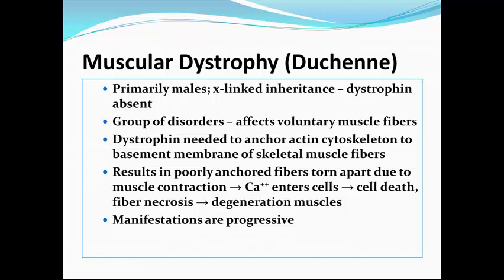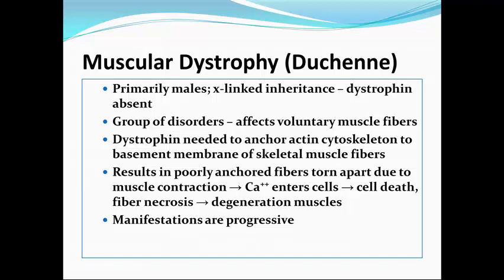When those skeletal muscle fibers, those anchoring fibers, are torn away because of the lack of dystrophin, with that tearing, their cellular integrity is altered. Because of the alteration in cellular integrity, calcium floods into those cells. As we know, calcium flooding into cells frequently causes cell death, and as a result, the fibers then become necrotic. With necrotic muscle cell fibers, the muscles themselves begin to degenerate. So what's happening here is that dystrophin, which is necessary for